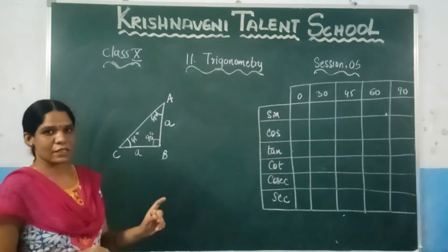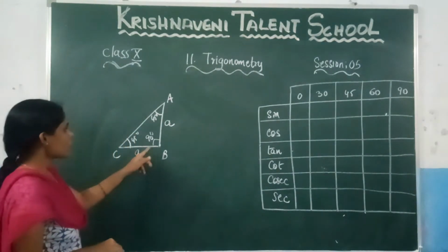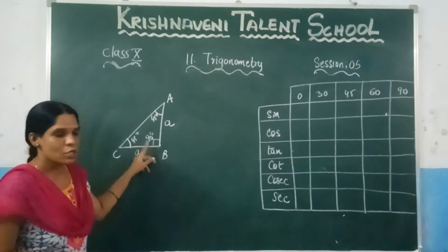In an isosceles right angle triangle, you know that two of the angles are equal and two of the sides are equal. So, since we know that this angle is 90 degrees, what should be the remaining